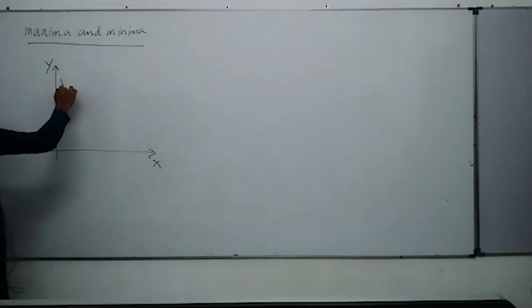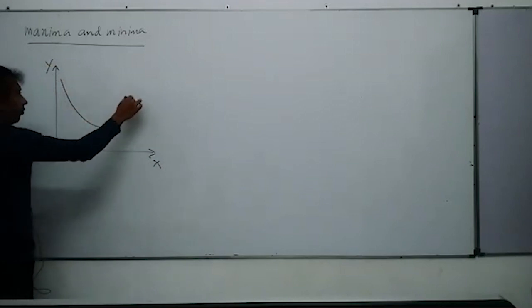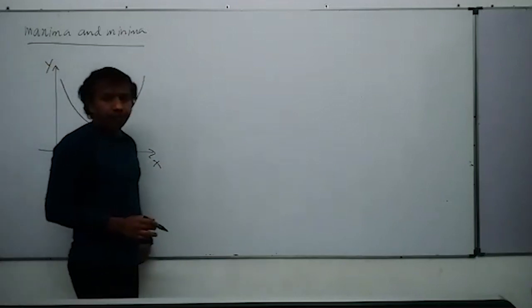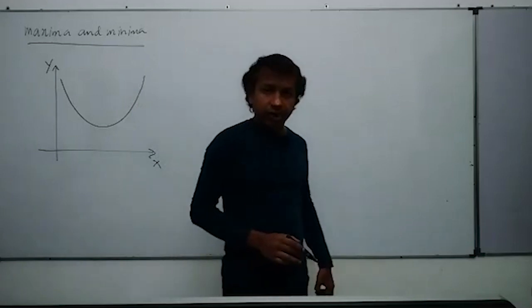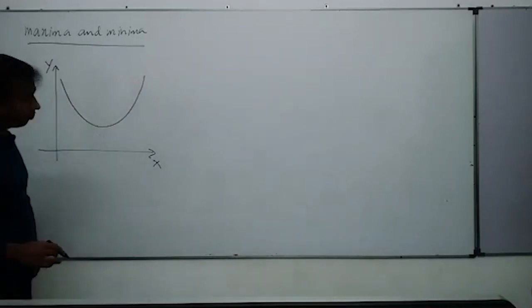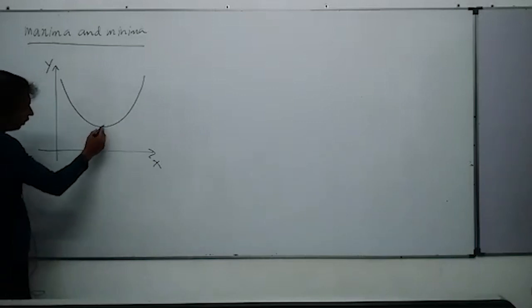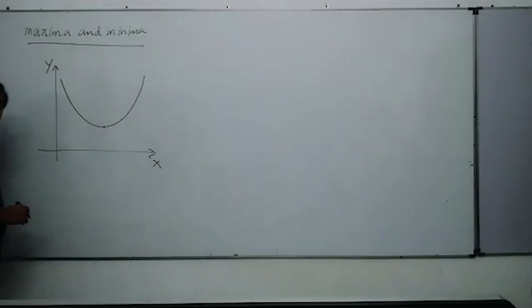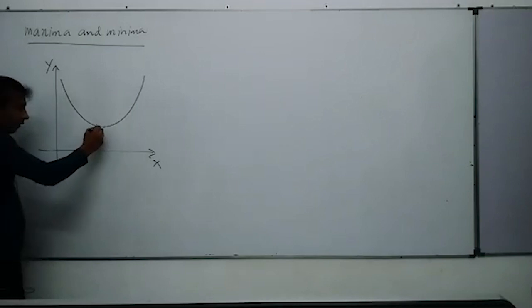Suppose like this, a minimum graph, people. We drew this kind of graph in quadratic equations. You can see here the vertex, or the lowest point. The lowest point on the graph when we consider. This point only